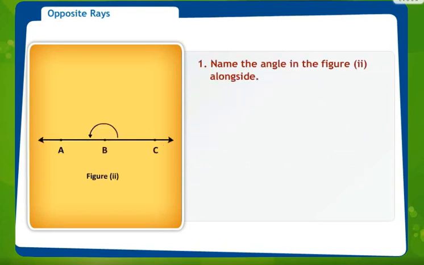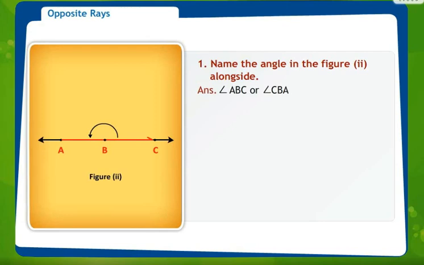So in this diagram, we are seeing two opposite rays and how these two opposite rays form an angle. Now if we look at this figure, you can see even here the origin is point B and the two rays that are originating from point B are ray BA and BC. Now if we look at the diagram and have to name the angle, again here we can call it angle ABC or angle CBA.